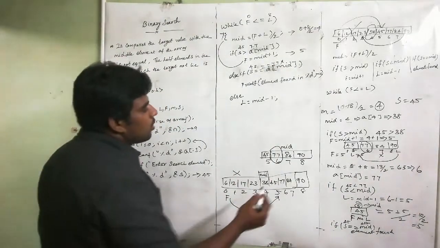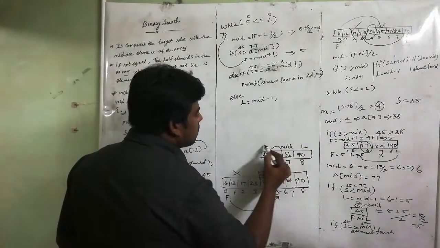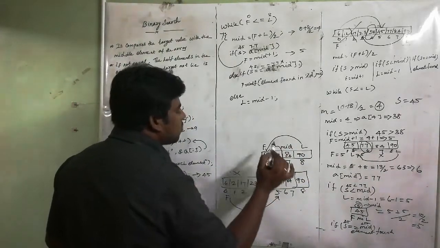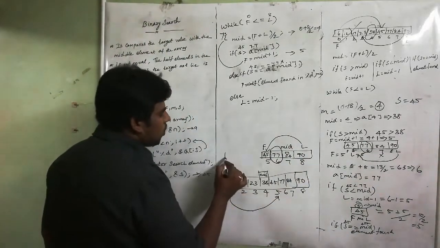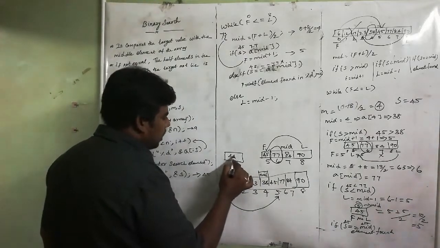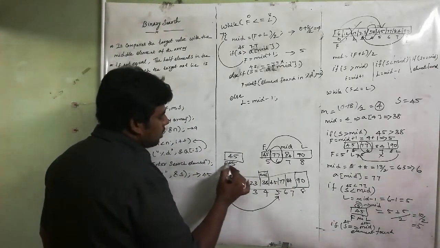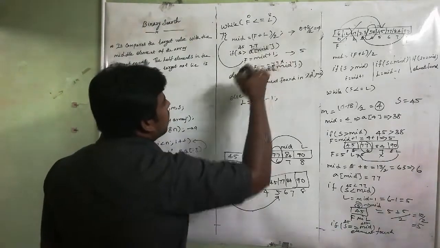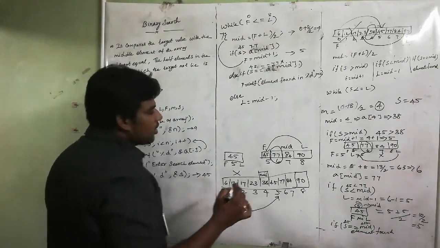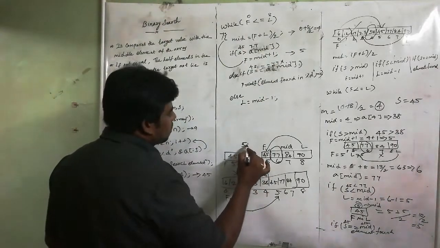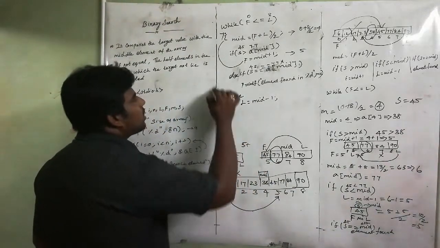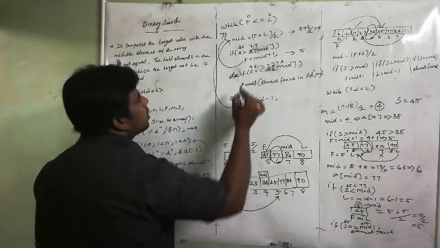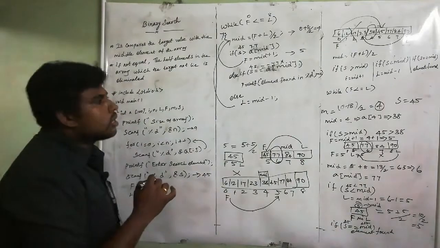Now what will happen? We have to bring, this is last, this is first, last equal to mid minus 1, so it will come here. So what will happen? At last 45 is here, the index is 5, this is the first, this is the last. Okay, so how you calculate the mid? Again we have to, after completing this, again mid will be calculated, right? So 5 plus 5 divided by 2, you will get 5. Now the mid is 5.